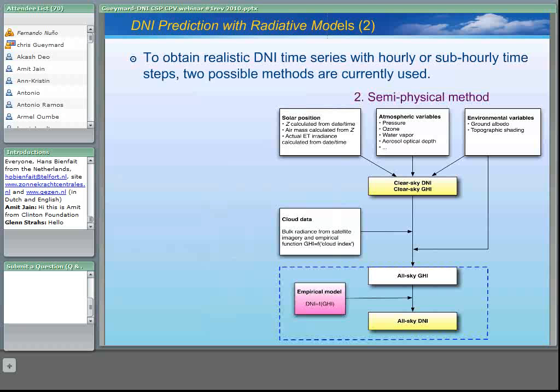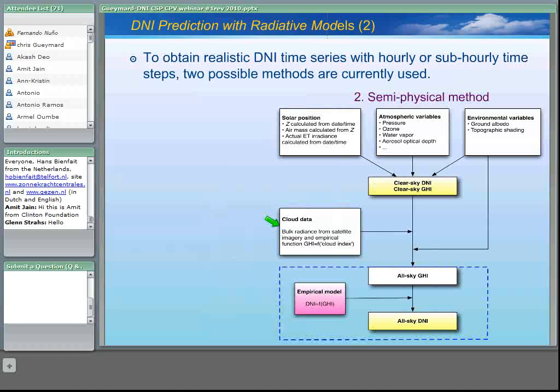Now a second method is more like an in-between physical and empirical. It has actually a little bit of both. So we start again from the same thing, the clear sky calculation is essentially the same, but the cloud data is different. Now in this case the models only use satellite imagery of the radiance. It means the reflected energy coming from the surface or the clouds,